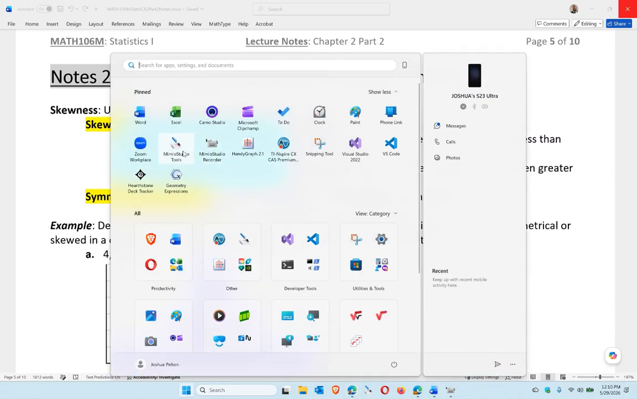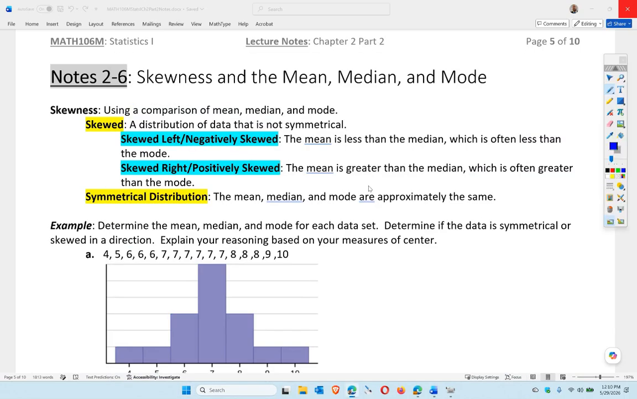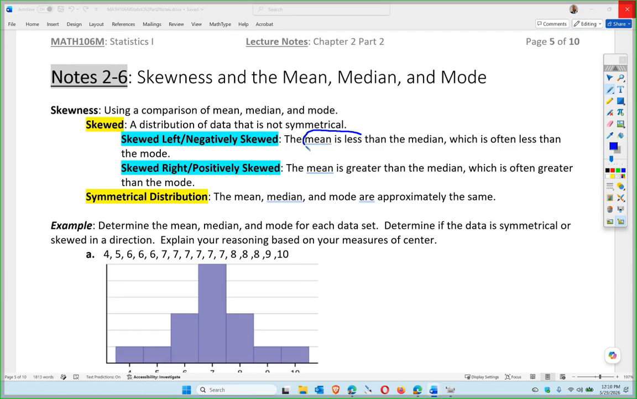Alright, this is Chapter 2, Section 6. So we're going to identify the distribution based on mean, median, and mode, essentially. If it's skewed left or right, that's going to basically be a calculation of mean and median as a good indication. If the mean is less than the median, right, then it's skewed left or negatively, although